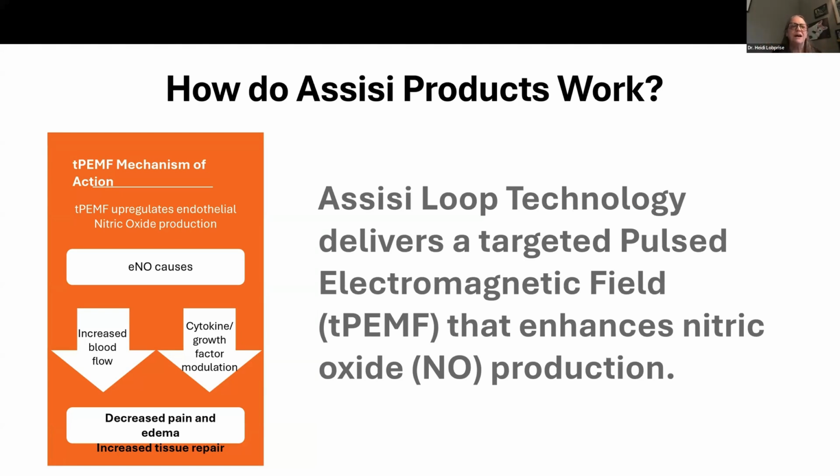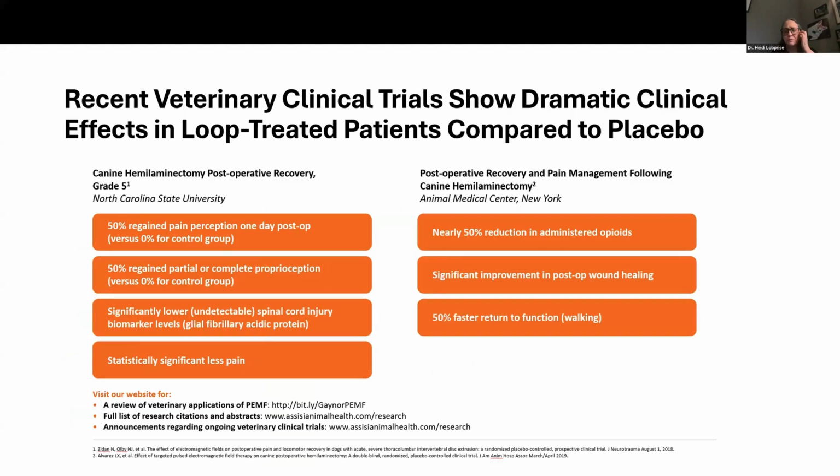But it helps upregulate natural nitric oxide production that helps increase blood flow, modulate some of those cytokines. We have decreased pain and edema. So we have a more comfortable patient. There's been some good studies. I'm getting a little bit behind, so we'll go through this quickly with hemilaminectomies. I mean, that's pretty major surgery. And there was reduction in needed opioids, quicker return to healing. This is a lot of the